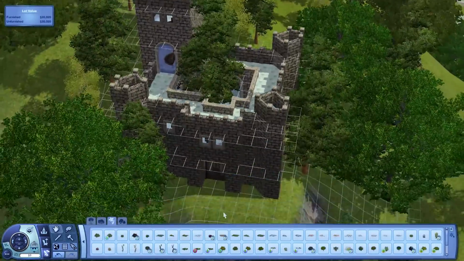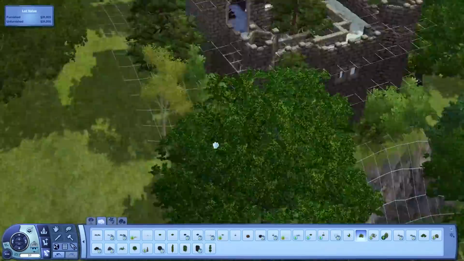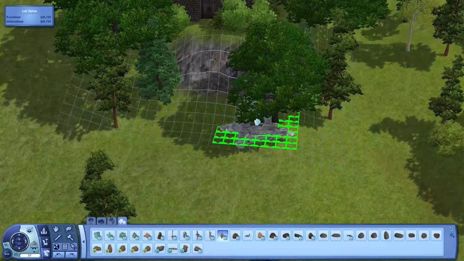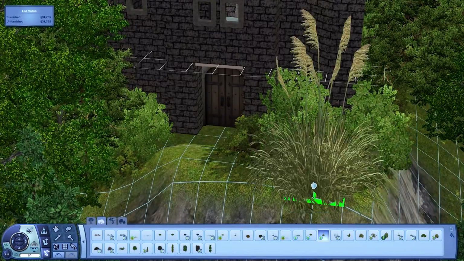There's the tree in the middle. I also put in a lot of bushes too. There's going to be just a lot of thick foliage around here because it's supposed to look overgrown, like they just forgot about it after a while. So yeah, that's pretty much the idea behind it. And I'm going to put the stairs up the front here of this